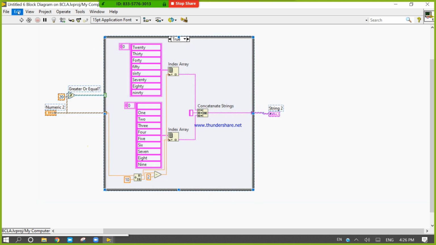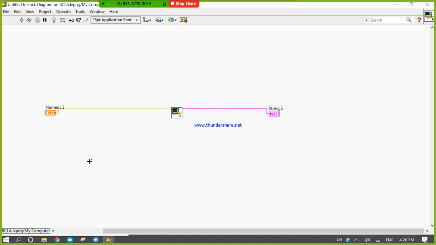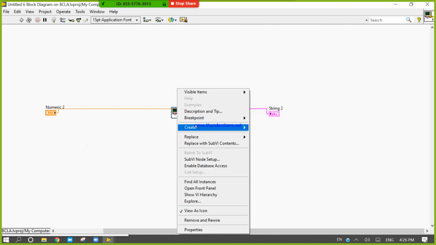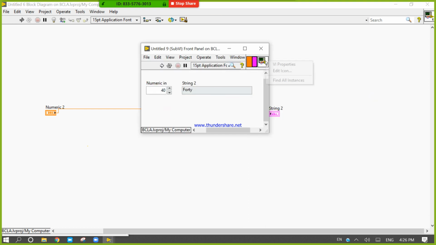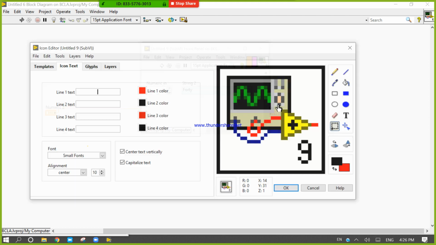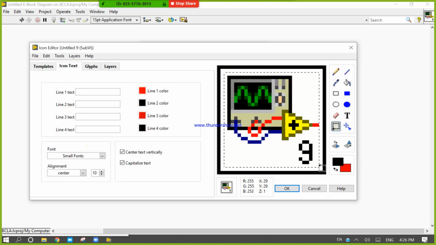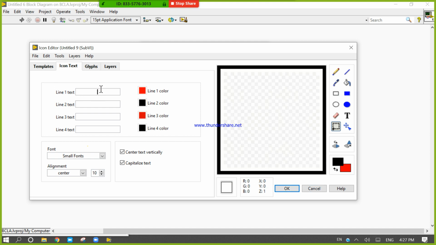Now again, right click, edit, create a sub VI. Right click, double click, open, one input, one output, edit, 0 to 99. Delete, 0 to 99 string.